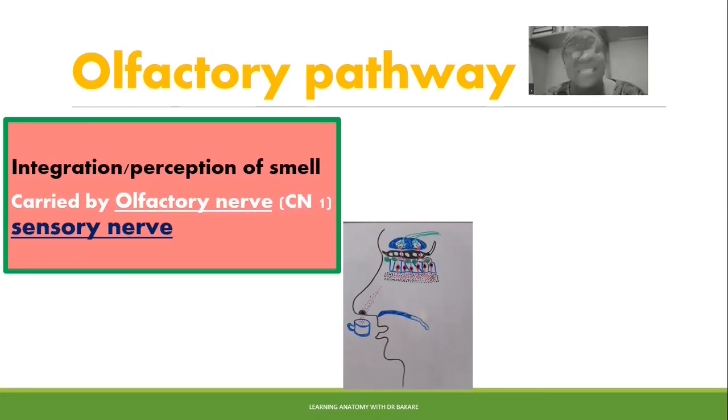And in trying to understand the olfactory pathway, I would like to divide the olfactory pathway into two subdivisions that it is made up of. So using this image here and creating a demarcation at this level bordered in dotted yellow. This level is the level where we have the cribriform plate of the ethmoid bone. We've tried to establish the structural configuration of the cribriform plate of the ethmoid in our previous lecture on the ethmoid bone. So at this level where we have the cribriform plate of ethmoid demarcates the olfactory pathway into the